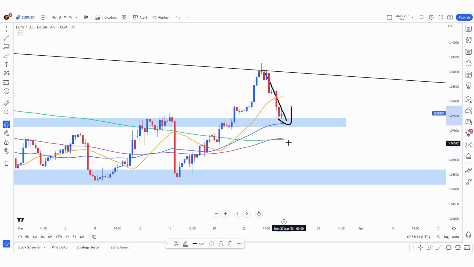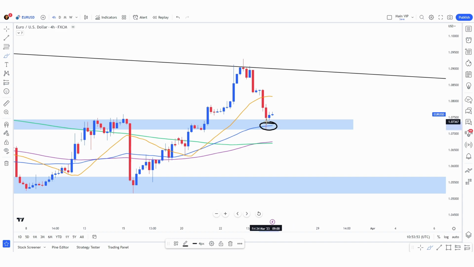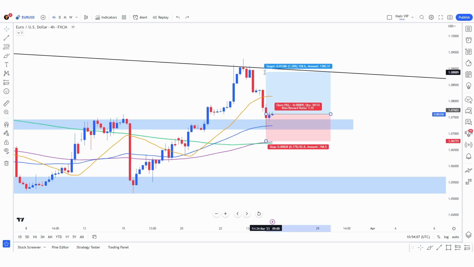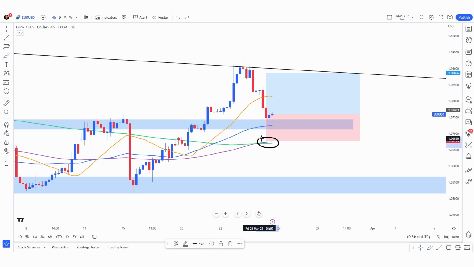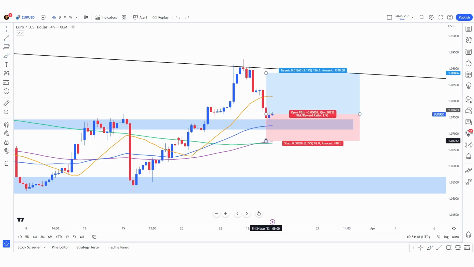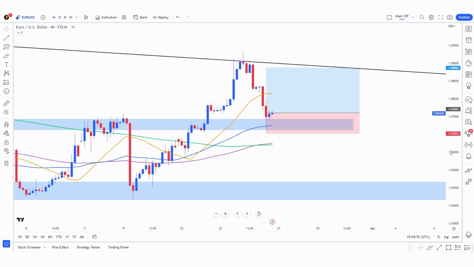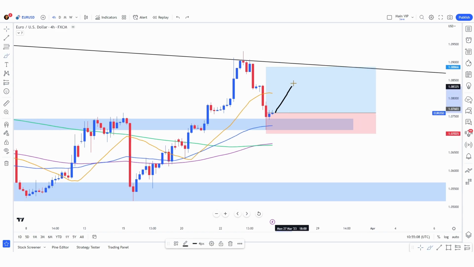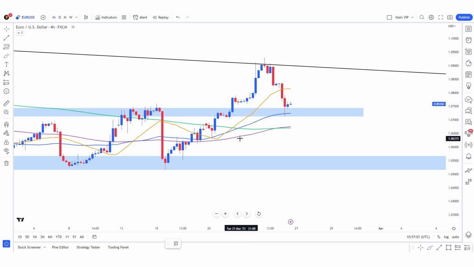exhaustion towards the downside. We haven't yet broken the 50 moving average, and we can see a form of rejection of this red candlestick. We could potentially aim for a trade towards the upside around 140, 120 pips. However, you don't have to cover the higher period moving averages, only the 50 and 20. So you could potentially aim for a little bit smaller stop loss around maybe 50 to 60 pips. You could potentially aim for that top of the trend line resistance, and if we would be looking for a